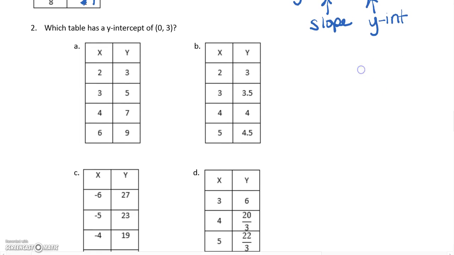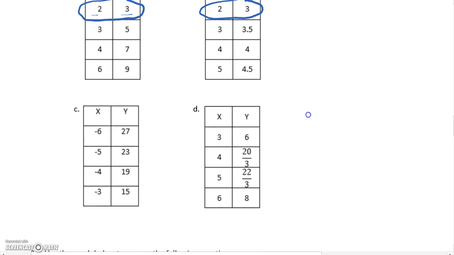Okay, now it says which table has a y-intercept of (0, 3). So first off, if you look at this, our y value is 3, but our x value is not 0, so it can't be A. Same thing on B. Now on the other two,